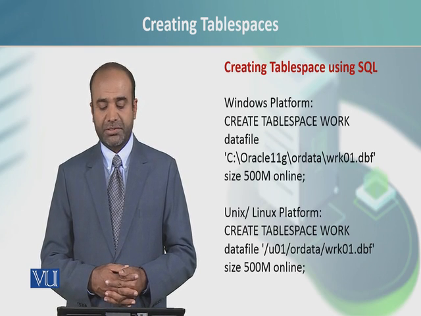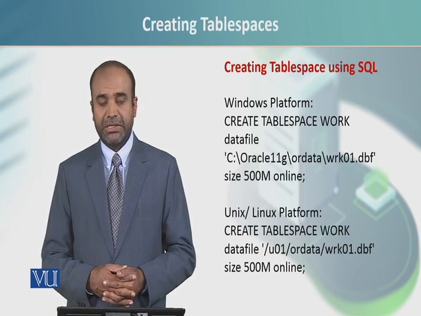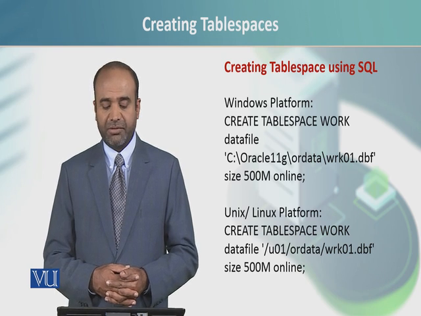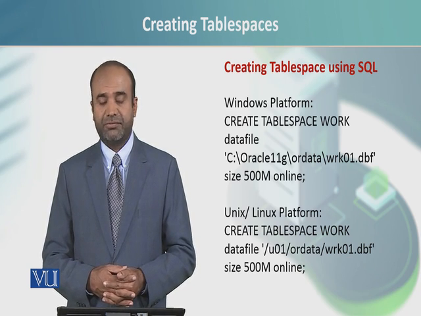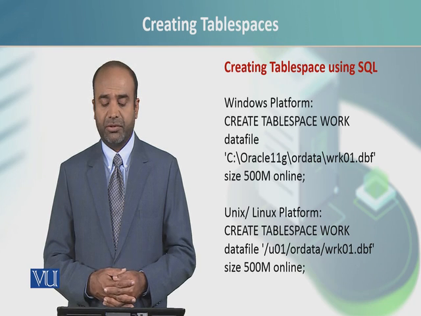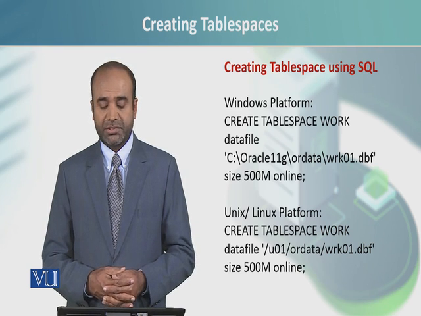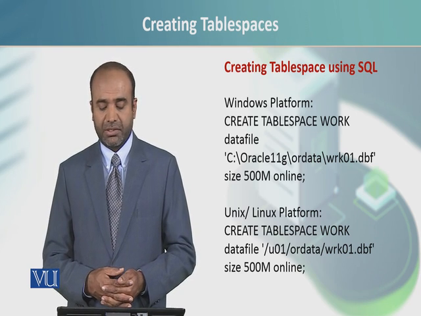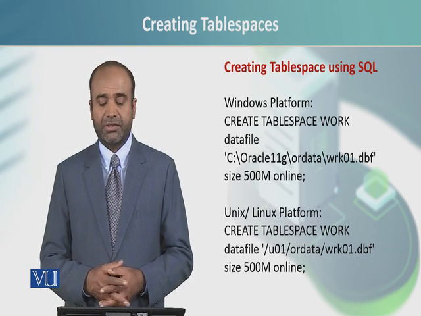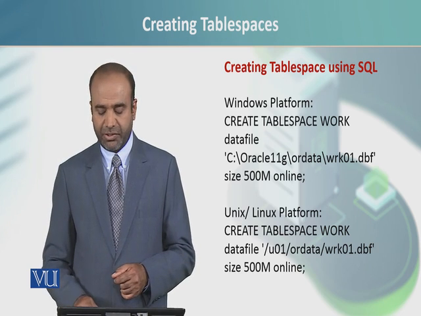In the Windows operating system we can give a command, for example, create tablespace work, datafile, give the path where you want to save the data file corresponding to this tablespace, with the size 500 M or half a GB, online. So we can make this one offline as well. If you're not writing online, then by default it is online. From the Linux operating system point of view, we can give the disk partitions like u01 or a data work01.dbf, size 500 M online. So that's basically how you can manage Windows and